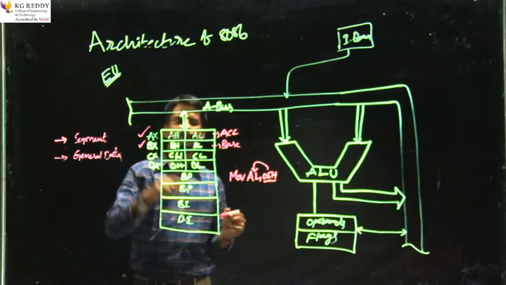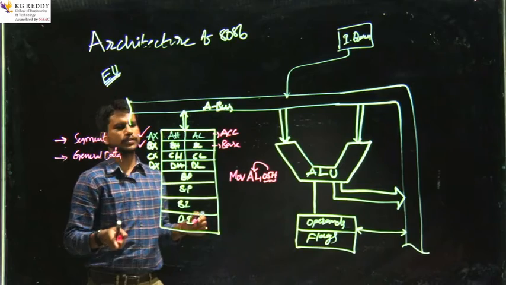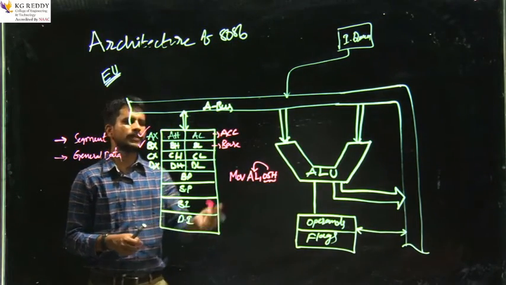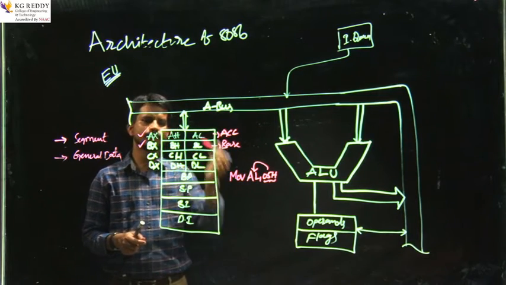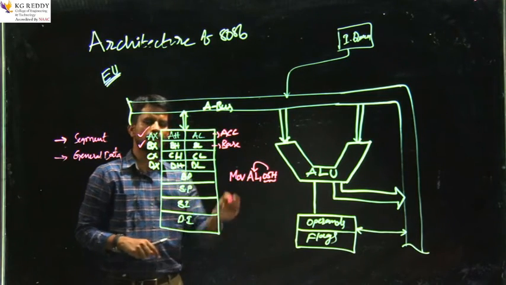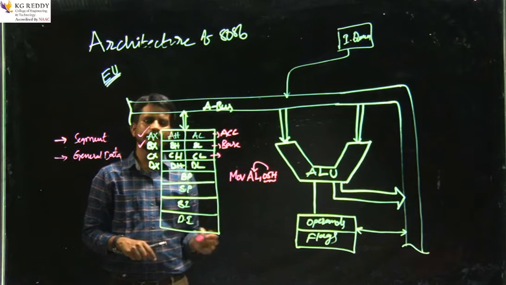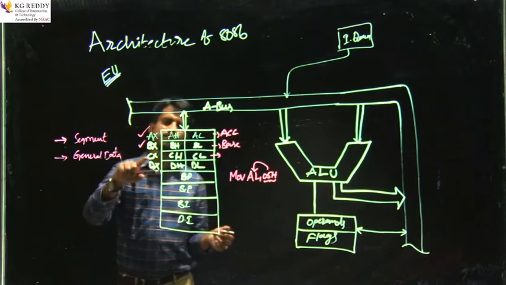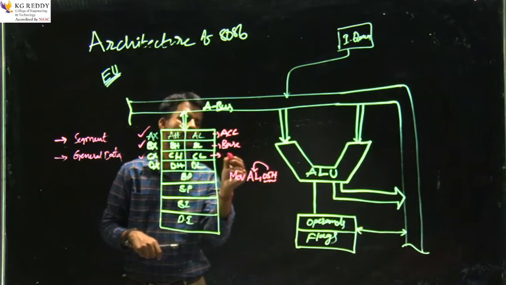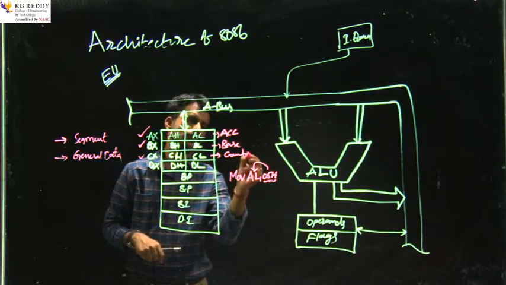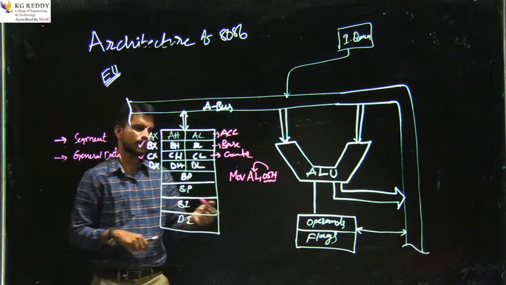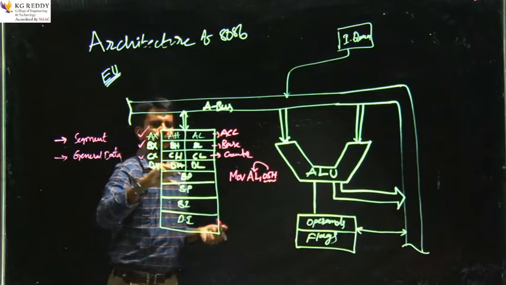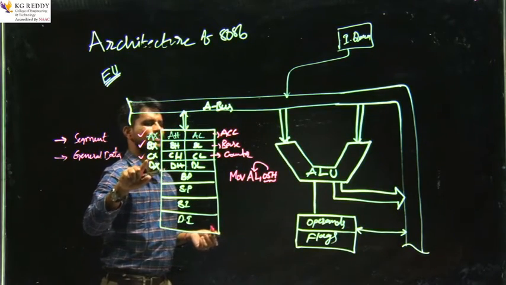Along with the support of AX, we will use the base register in many operations to store the secondary level operand data. Secondary level operand data can be stored in the BX register, either BL or BH. Then the third one is CX, a 16-bit register. Again, CL and CH are the 8-bit registers. In most cases, this register is used as a counter. When you are going to execute a program multiple times, like a loop kind of operation, we define the count value as a counter, and we use the CX register.